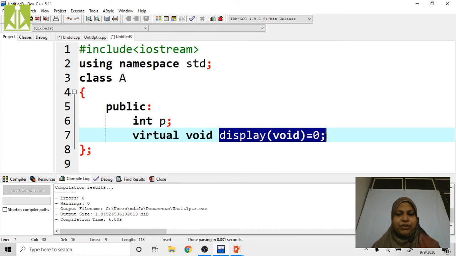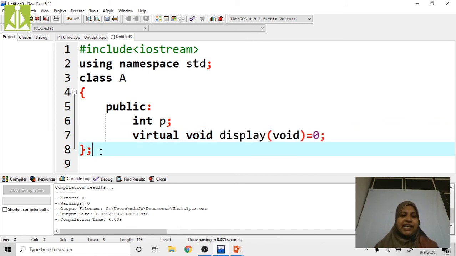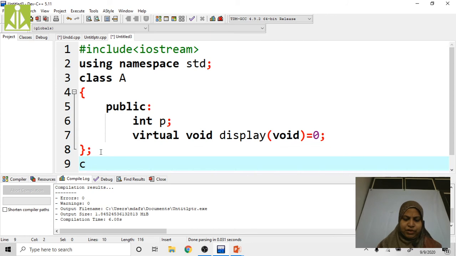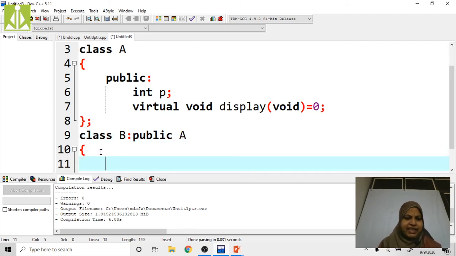Whenever we declare any method as a pure virtual function, that particular function does not have any body or definition. Now I am going to declare class B public class A. Here I am performing the inheritance in public mode.